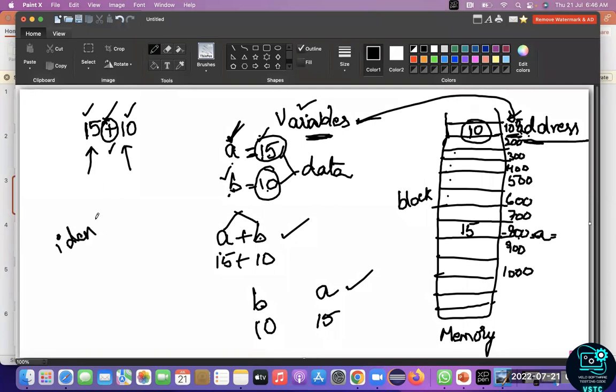We studied just now. Identifier means the naming convention, the rules that we follow for giving the names to these variables. So as of now, I have given A and B. So what are the rules that we need to follow? It should contain either dollar or underscore. This is not mandatory, but if you want to use any special characters, alphanumeric characters, you can use only dollar or underscore. Suppose if I want to use the name like this,